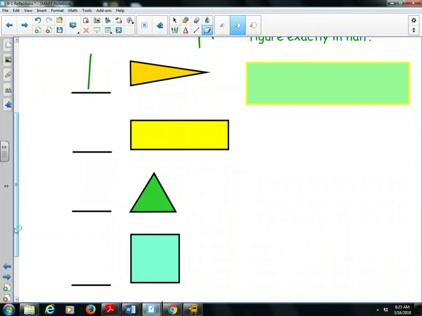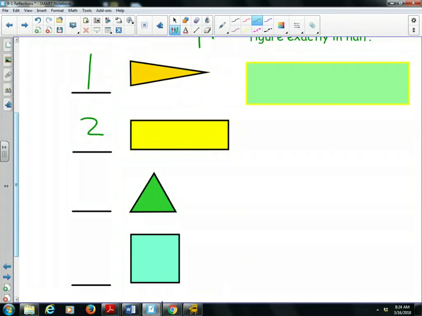Can we fold it along the diagonals? If you fold it this way, one diagonal does create 2 congruent triangles, but that isn't a line of symmetry because the left and right sides are not exactly the same when you fold it. So this one just has 2